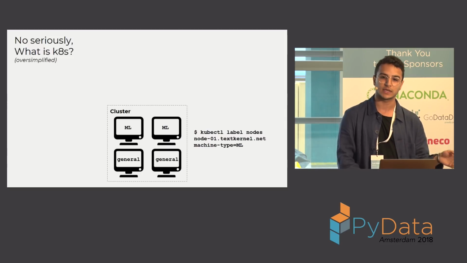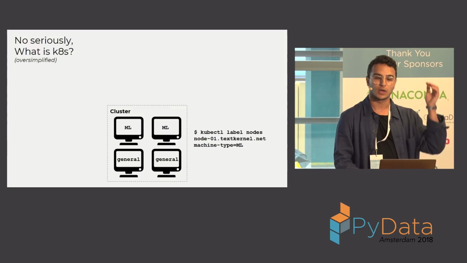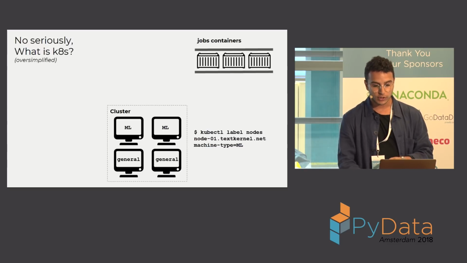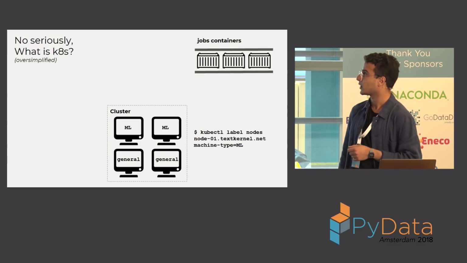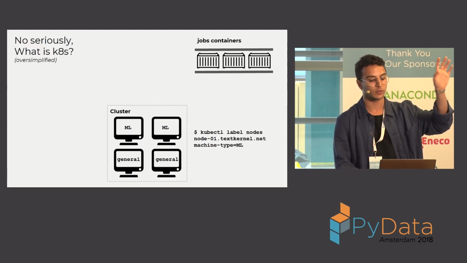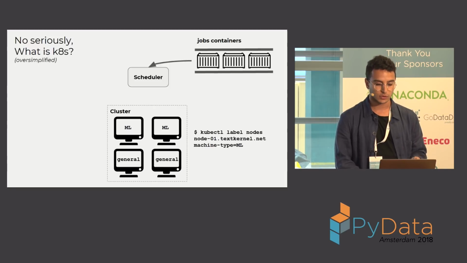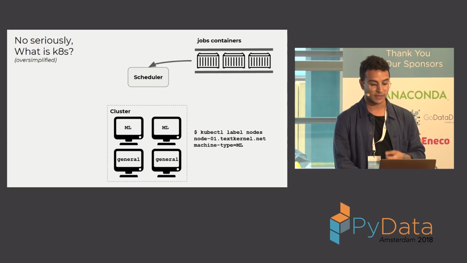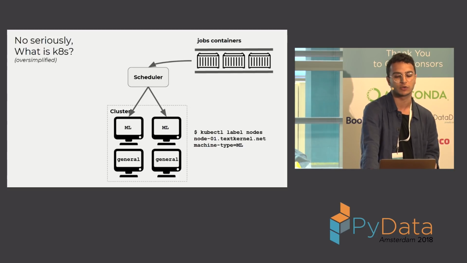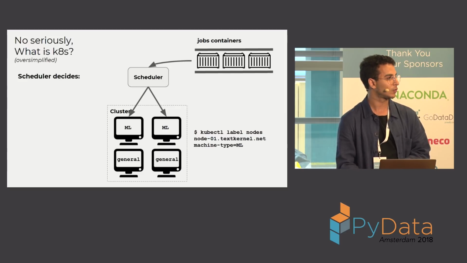And this doesn't have to be the case. So if you didn't tell the scheduler what to do, in the sense of labeling these machines, it will still figure out which nodes to rank and accordingly schedule the containers. So you have jobs as containers, and in this case, these jobs are our TensorFlow containers. So they contain the TensorFlow graph with the environment, with the conda environment, installed dependencies, and everything there. It's basically ready to start. So it's ready to be run on Kubernetes. And then we have a scheduler in between that would choose among these machines, which one do I want to use in order to run one of these containers? So the question here is, what is the scheduling criteria? What do I need to worry about?